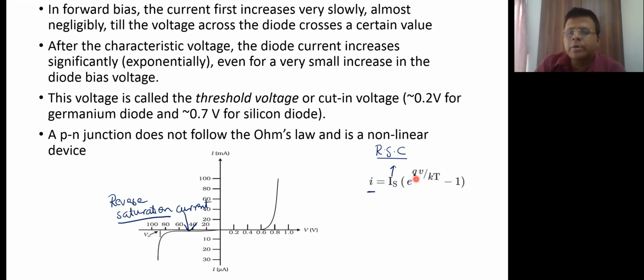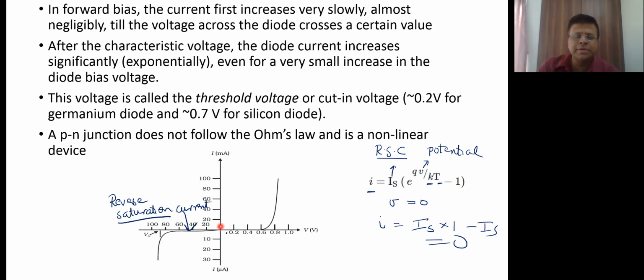E raised to qV over kT, minus 1, where q is the charge of the electron, V is the potential which you're applying, that is the forward bias or the reverse bias, k is Boltzmann's constant, and T is the room temperature. Now you can see here that if V equals 0, then e raised to 0 becomes 1. So your I is going to be Is into 1, minus Is,